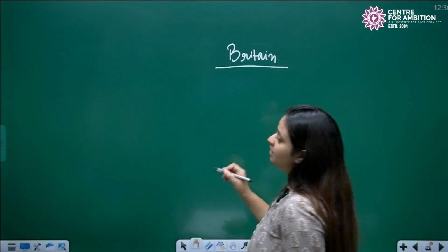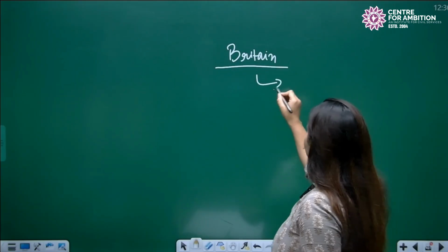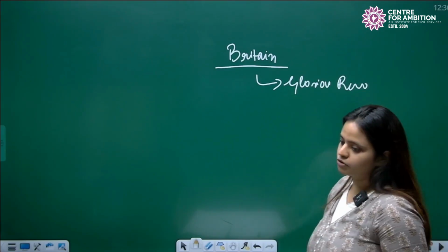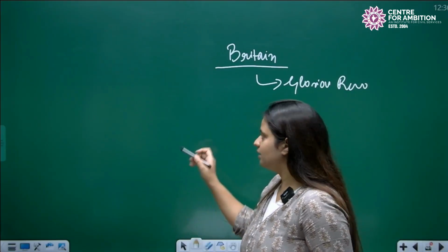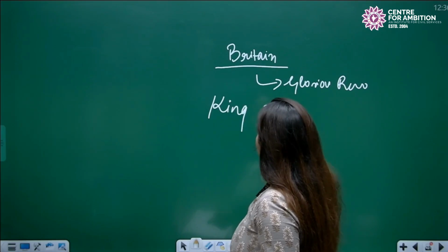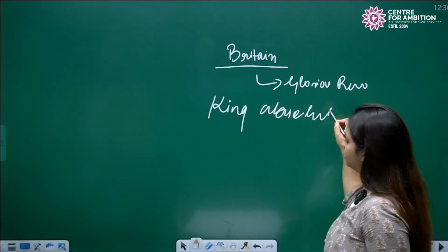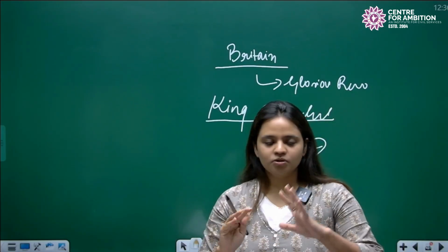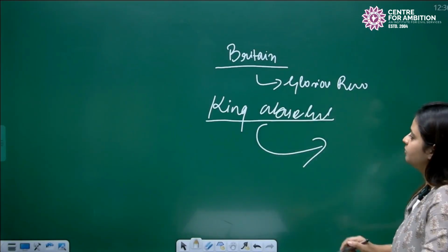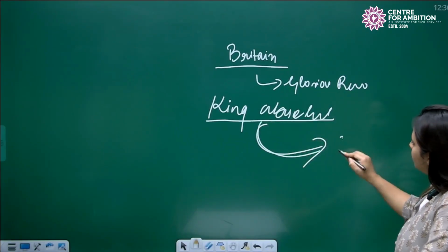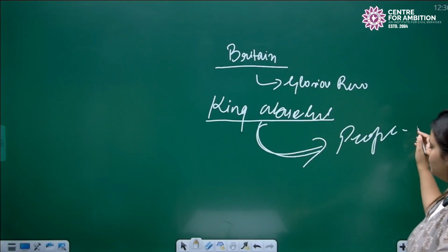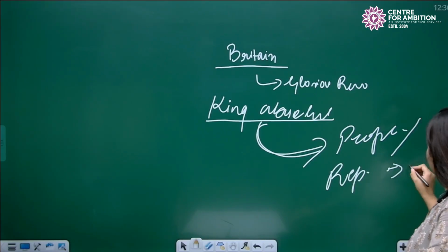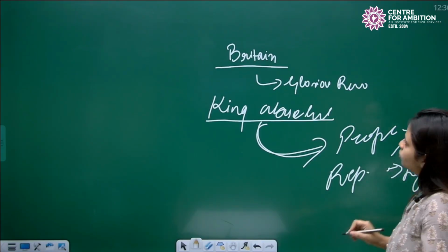ठीक है, तो ब्रिटेन में हुआ था ग्लोरियस रिवॉल्यूशन, ठीक है, if you all know ब्रिटेन में they have experienced ग्लोरियस रिवॉल्यूशन। तो ग्लोरियस रिवॉल्यूशन में क्या था कि जो किंग था, वहाँ के जो किंग थे उनके पास एब्सोल्यूट पावर थी, ठीक है, एब्सोल्यूट पावर थी। So there was a transfer, उनको एब्सोल्यूट पावर एग्जीक्यूटिव के पास थी, so they have seen the power in the hands of executive। तो पावर वहाँ से ट्रांसफर करके उनको पीपल को पावर देनी थी। पीपल, by the people I mean the representative of people, which means legislature, ठीक है।